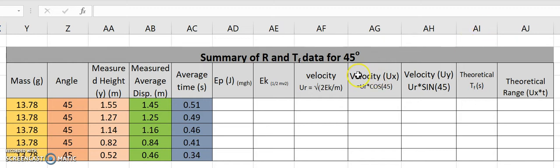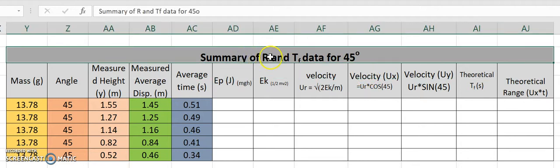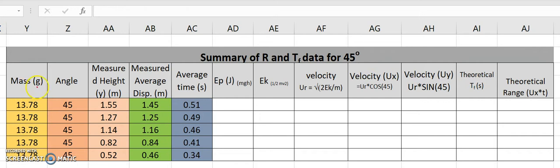So let's do a video then on the data table and the results and how we analyze the results. This is a summary table for the range, R for range, and the time of flight data for the 45-degree projected ball bearing. And if you look over here, we have the mass. The mass is in grams, so this here will need to be divided by 1,000 later on when we do